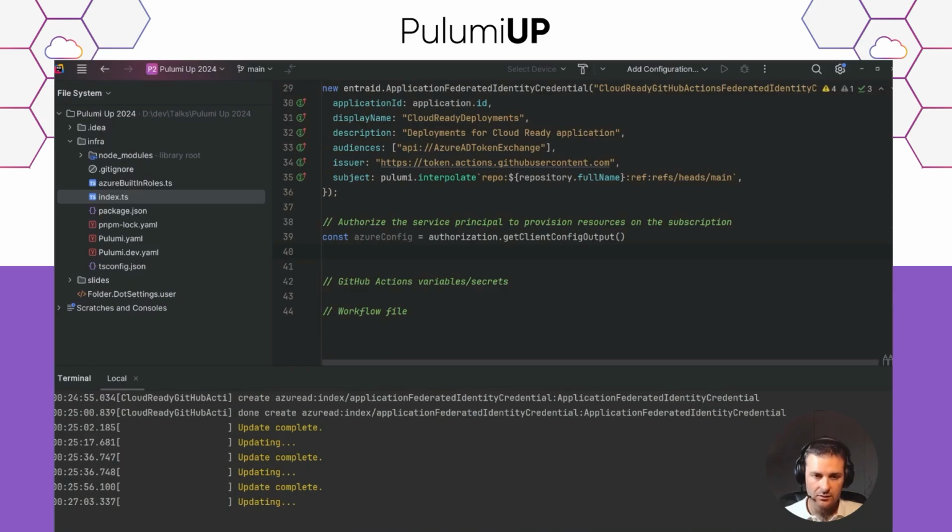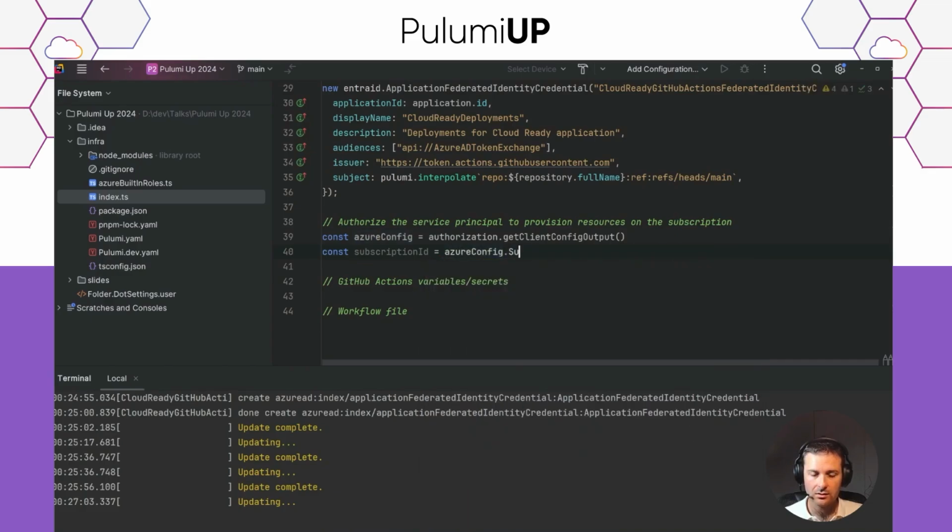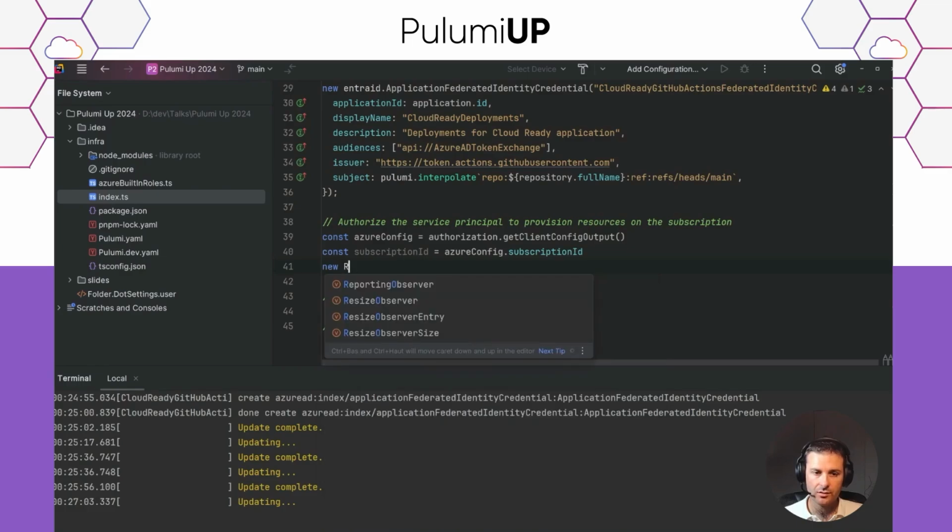So now that we have that, we can get the subscription ID from it. So Azure config subscription ID. And we will be able to do a role assignment.